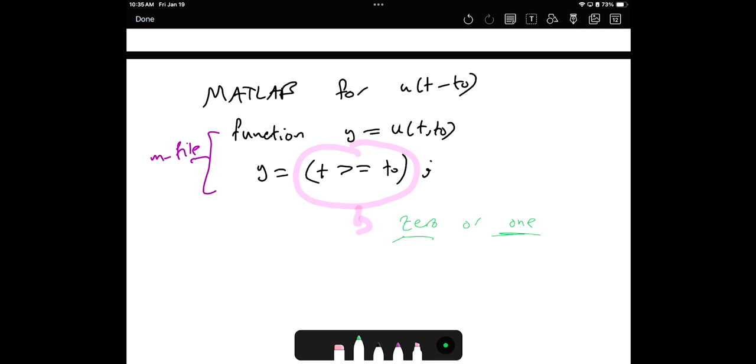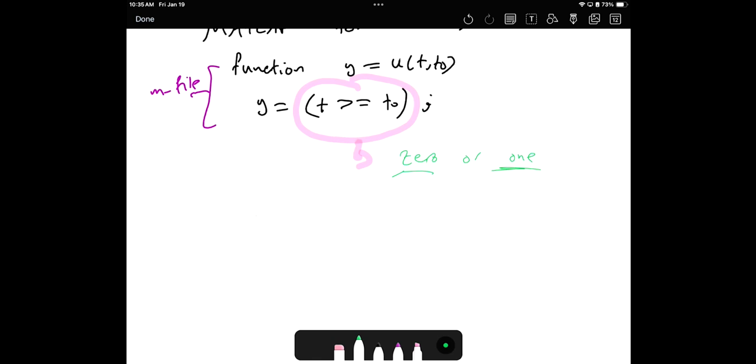And that's actually what the output is supposed to be for the unit step. It can be 0 or 1, right? And if we need to make it unit step of 2, just multiply by 2. So if I write y equal u of t larger than 1,